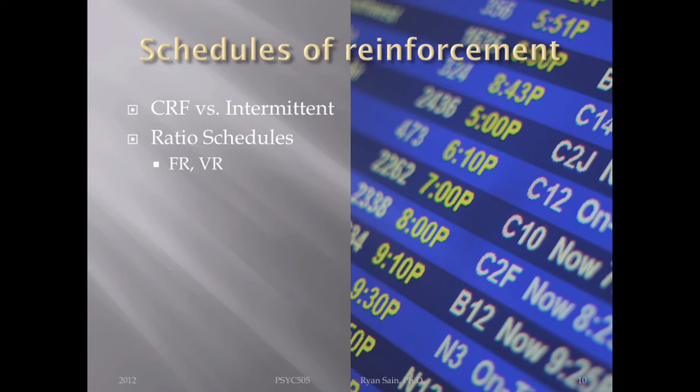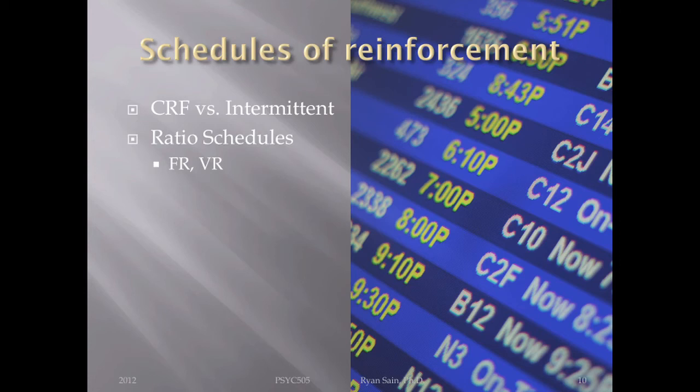You see a very strong, steady rate of responding. No stops, no pauses, none of that stuff. Just strong and steady. Basically, they never know when the reinforcer's coming. Okay? Sometimes it's now, sometimes after 1 response, sometimes it's after 10 responses, but you never know when it's coming. It becomes quite resistant to extinction because you don't know when the reinforcer's coming.